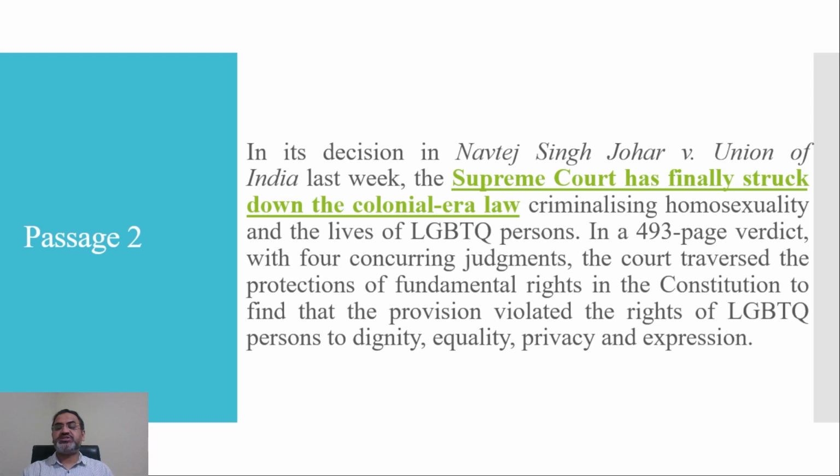However, so far as the decision is concerned, the judgments agree, yet the reasons may be different or additional from the other judgments, and that's why judges write concurring judgments as well. So, in a 493-page verdict with 4 concurring judgments, 5 judges were there. That means only one judge did not write a judgment, and he signed on the judgment of some other brother judge. The court traversed the protections of fundamental rights in the Constitution and found that the provision violated the rights